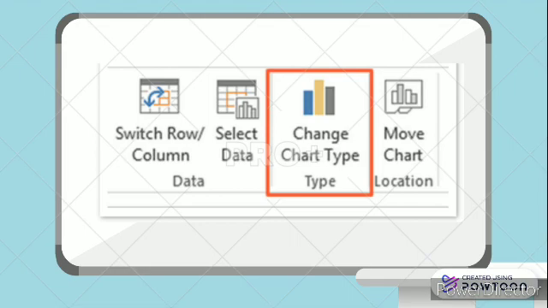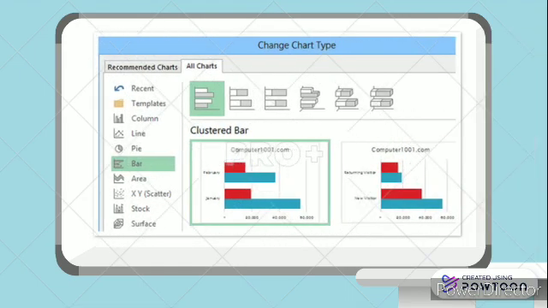Click the bar chart that you want to change. 2. On the Design tab, select Change Chart Type. 3. In Change Chart Type, select the new bar chart shape from